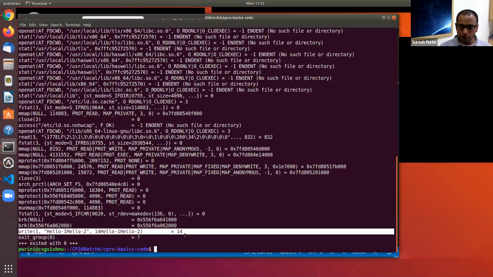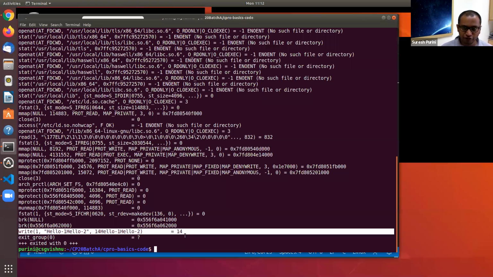Printf is internally buffering what we would like to write on the standard output, and it is merging 2 printfs into one write system call. It depends. Good question, Pramod. I'll answer your question in a moment.